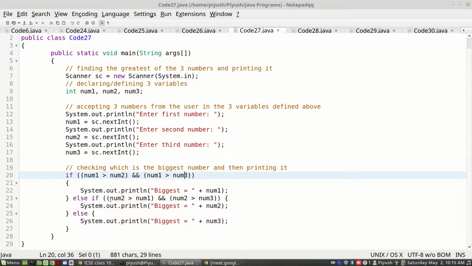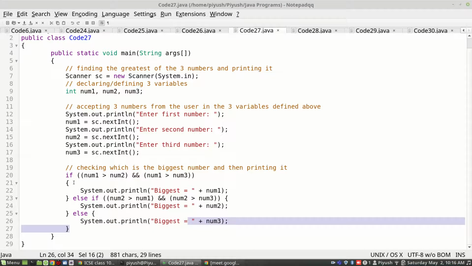Similarly, in the second condition, if the first is false, the program won't go inside the if block; rather it will come to the next one, the waterfall model. It starts from the top. If it does not match, it checks the next condition: if num2 is greater than num1 and num2 is also greater than num3, then the biggest is of course num2, else if neither num1 nor num2 is the biggest, then the final case will hit, that the biggest is num3.